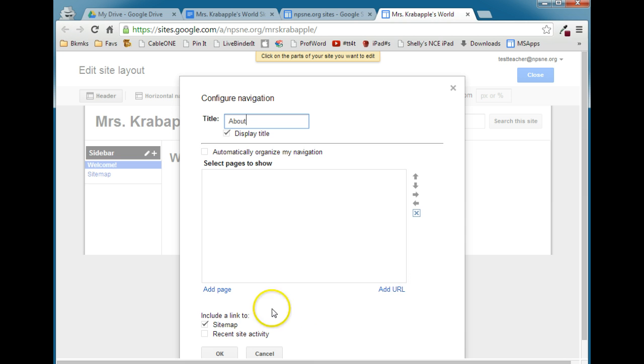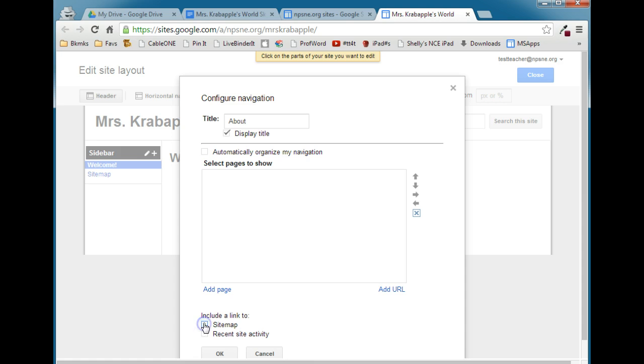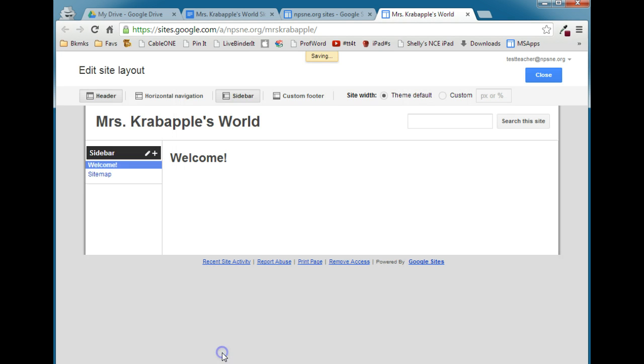The other option that you want to look at here is this one right here, a sitemap. A sitemap is basically a map of your website. It includes every page in the website and where they're linked to. If you have a well-organized sidebar, there is no reason for you to have a sitemap link, so we're going to go ahead and turn that off, and we're going to click OK, and we're going to see what happens